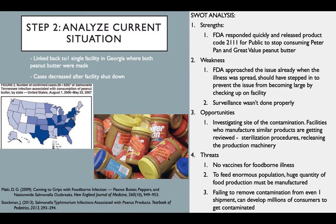decreased by a lot. For my SWOT analysis, a strength in my case would be that the FDA quickly responded to the outbreak and immediately declared Product Code 2111 to the public to stop consuming Peter Pan and Great Value peanut butter. As a weakness, the FDA are also at fault because, yes, they were quick to respond once there was an outbreak, but the main concern should have been towards preventing the outbreak and properly surveilling the facility during